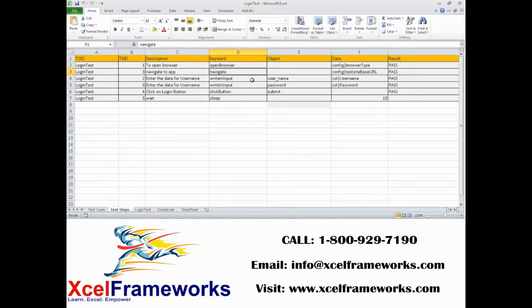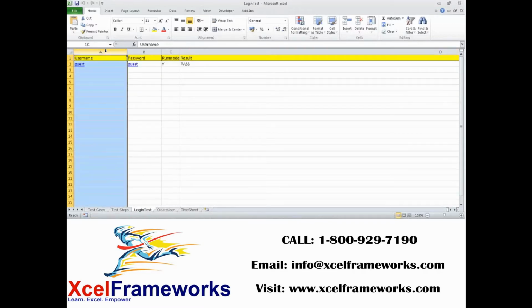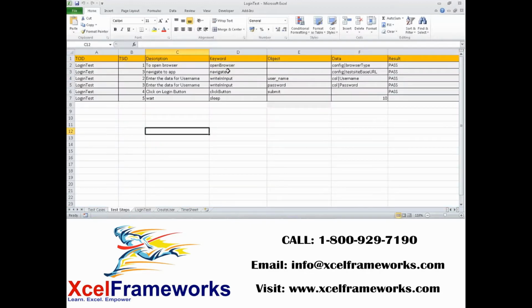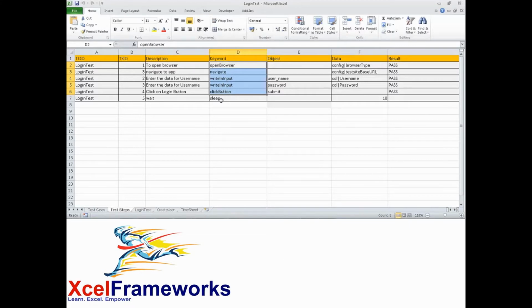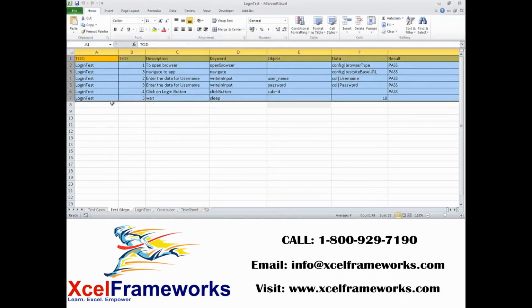I'll say navigate. Just now I did driver.get, right? Something like navigate. Where do you want to navigate? I want to navigate to, let's say, Facebook. Write input: what do you want to write? Because write input is a text box, it says you give me the data. So what is the data? You just give the data providers here in the Excel sheet, and go back to steps and just rewrite the keywords like open, navigate, write, click. Sleep means wait for some seconds. So what happens is this scenario will log into whatever application you configure.